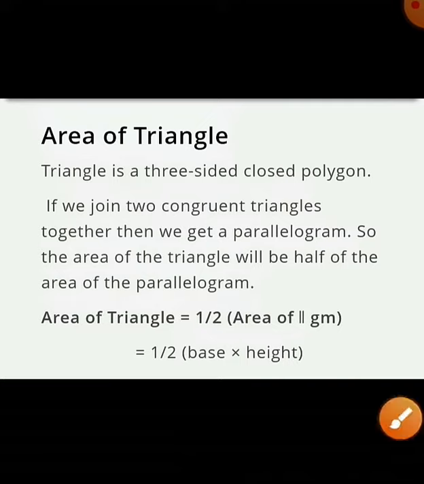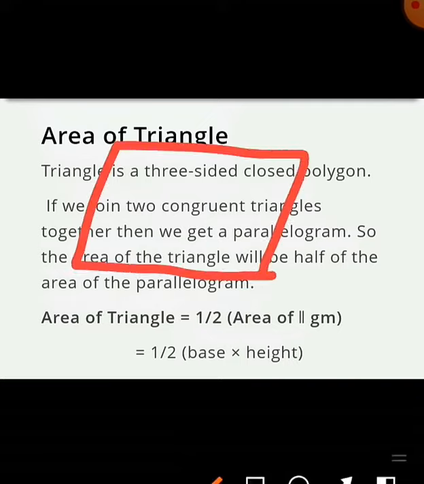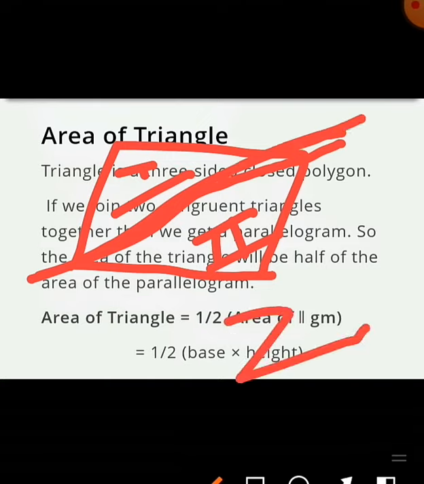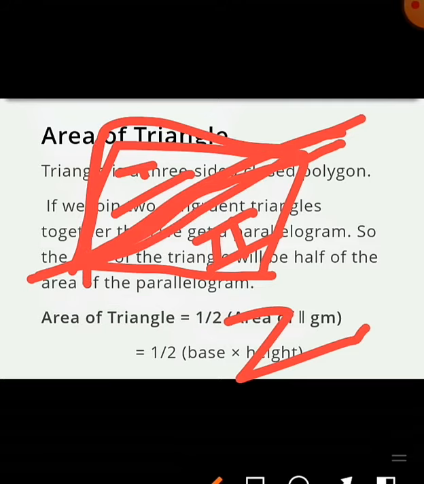In simple language, if you see the shape of a parallelogram, this is a parallelogram, अगर इसको हम यहाँ से कट करेंगे, ओके, यहाँ से इसको मैं कट करूँगी, तो ये जो हमारा फर्स्ट पीस है एंड दिस सेकेंड पीस, बोथ आर सेपरेट triangles. If you see, if we cut from here, we get two triangles. So what will be the area of this one triangle? It will be half of this whole parallelogram.